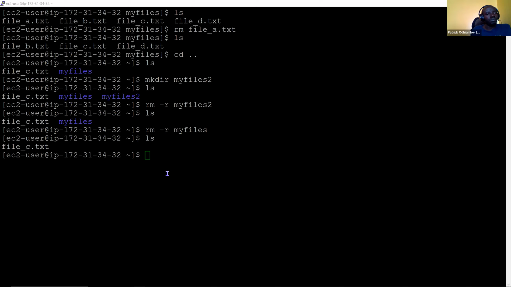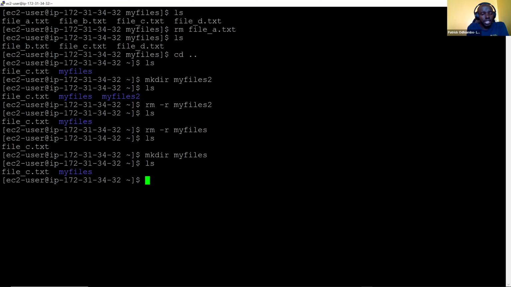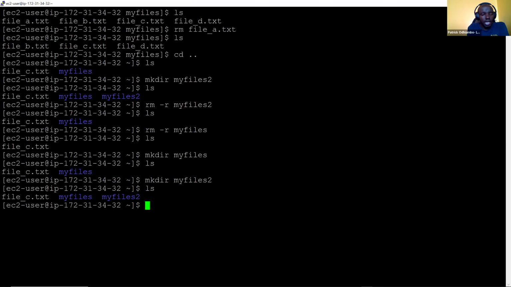Let's recreate our directory, make directory my_files. Let's make this one empty. ls, we have it, and then we can do mkdir my_files_2. So we have created another directory. When you ls, you see it there.